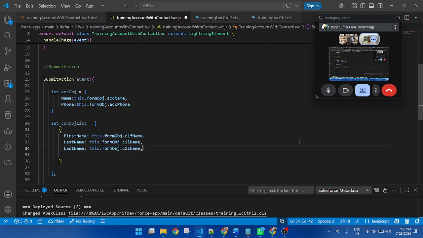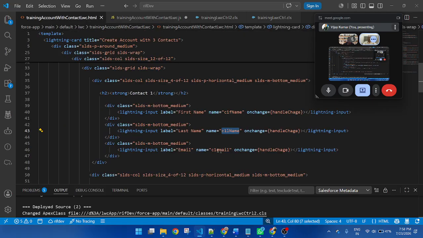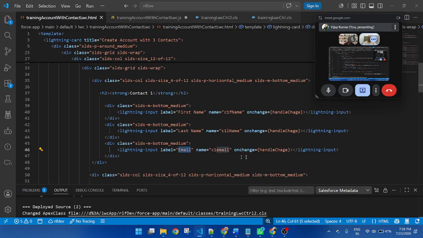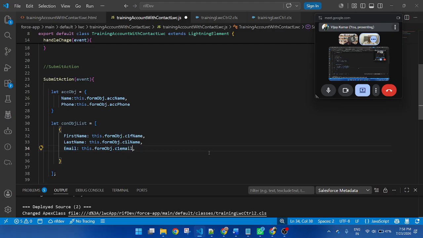Copy, email, and the email will be this one, C1 email, and remove the comma from the last one.